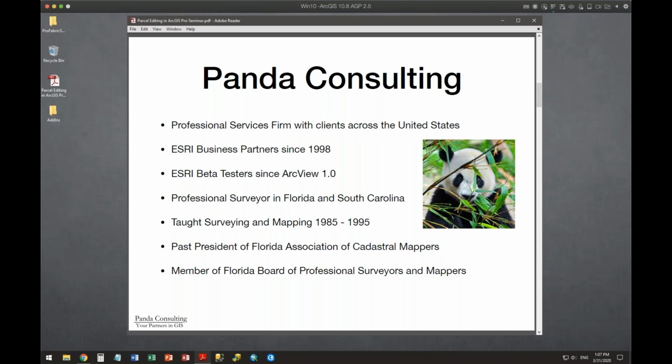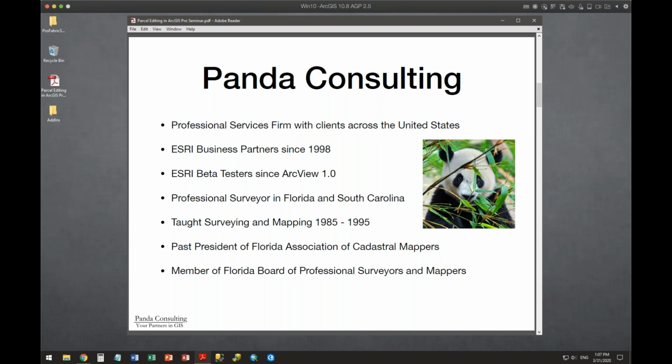It was originally called Thematic Mapper, and it was supposed to take coverages and allow you to create thematic maps, both choropleth maps and just regular thematic maps. That's sort of the beginning of ESRI's desktop endeavors, and I was a beta tester on that.